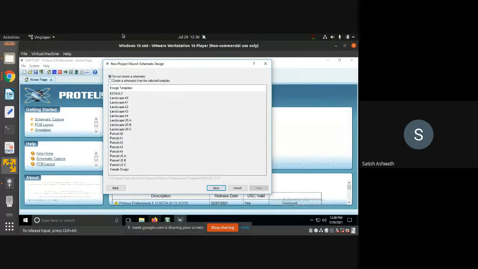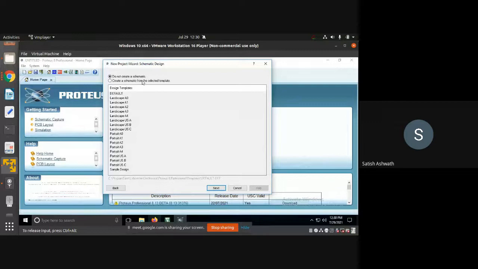Right? Then it will ask you for a schematic. Schematic is basically where you want to place your components. Right? So because this is a hardware board, whatever we are going to create is going to be a hardware board. So there has to be a schematic where we can place the actual hardware. So you need to select what size of that layout you want. Is it a very small layout? Is it a very big layout? Are there only two hardware components, three hardware components? Based on that, you can select how big your schematic is.